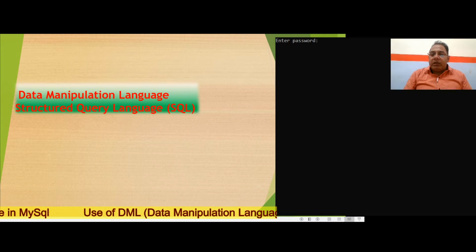In that database, we used the create command to create the database, and the alter command to modify the structure of a table.